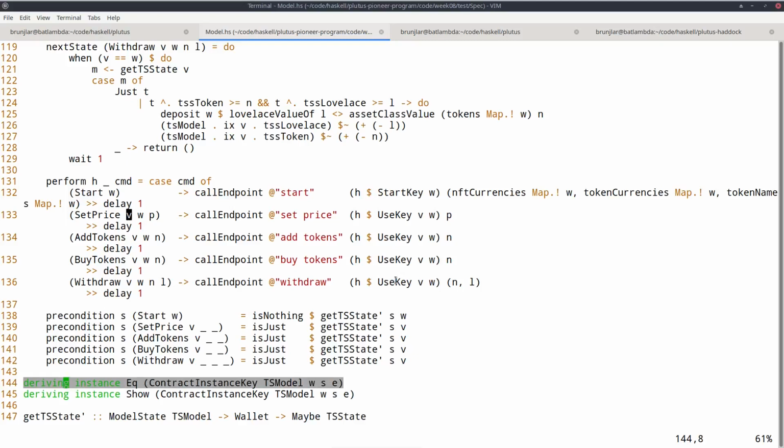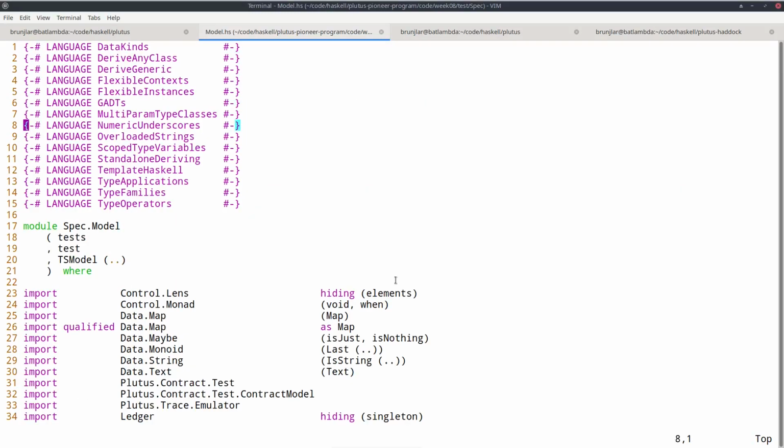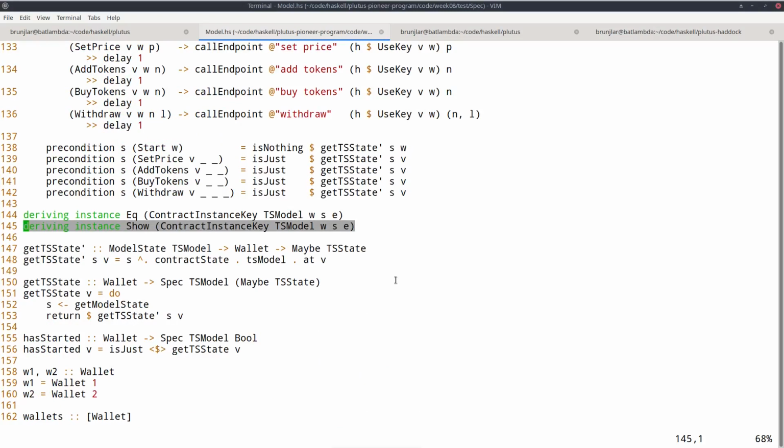So instead of writing deriving Eq or deriving Show directly behind the data type definition, I can have these standalone lines, and the syntax is like this: deriving instance Eq and deriving instance Show. And that actually needs a GHC extension, StandaloneDeriving. Okay, and I think that is it.